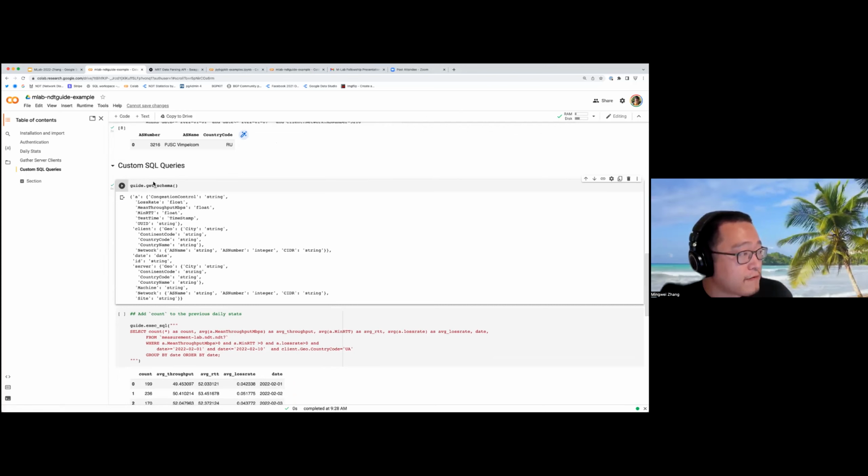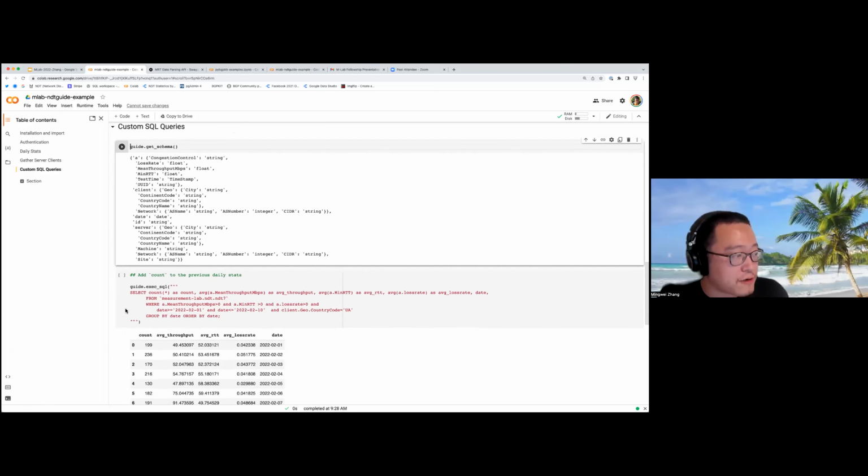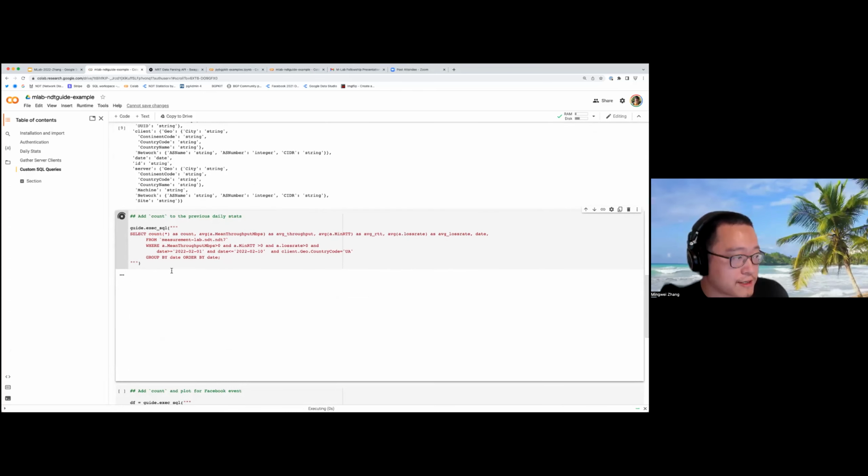So for a guide, you can also print out a schema. This one might be able to do it. It's better printing. Anyway, this is a dictionary that shows all the keys and values of things that are interesting. Then you can construct your own queries based on the schema, and you can run your own queries there like this.